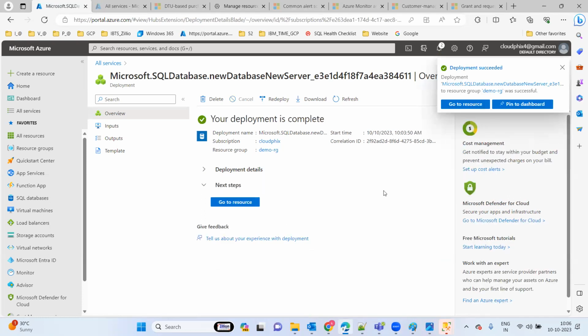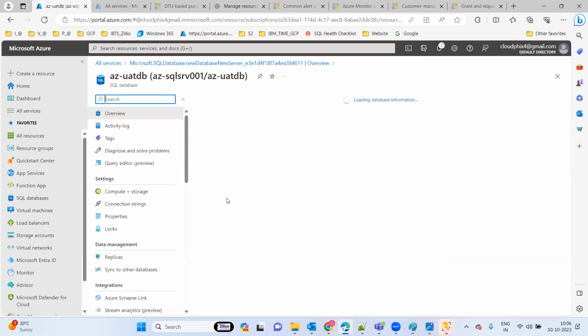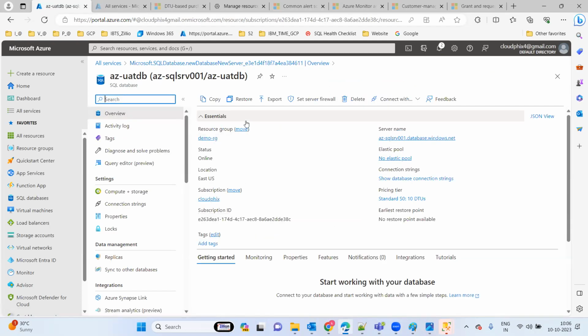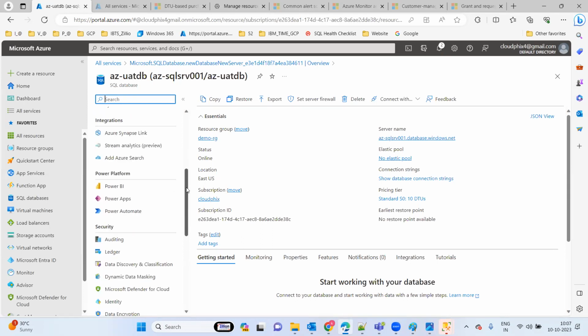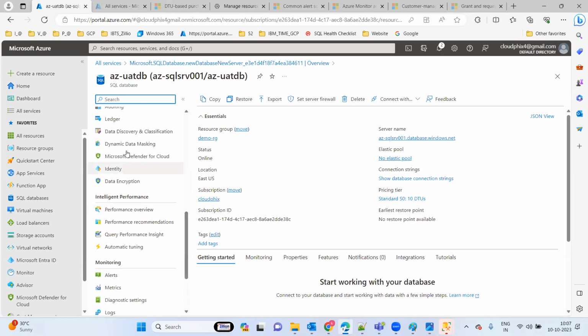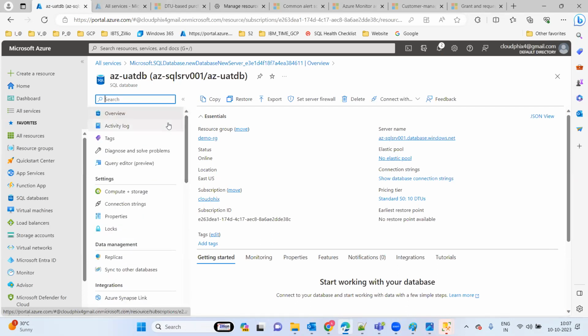All right, so now we can see that resource got created. Okay, so we just need to explore all these options tomorrow. So again we are going to deploy, and now to see this: the overview, tags and the settings information, the lock information, the replica sync, Azure Synapse Link integration and Power BI integrations. How we are going to audit, the discovery assessment, alerts information, each and every tab we are going